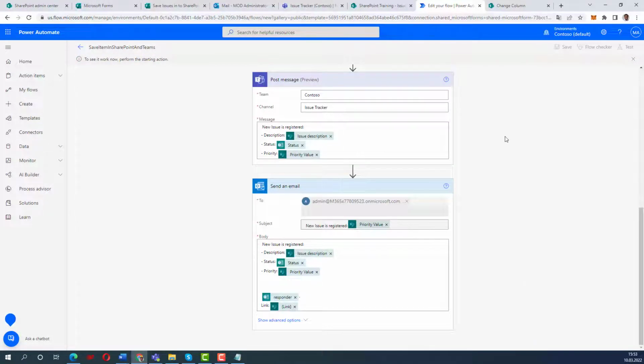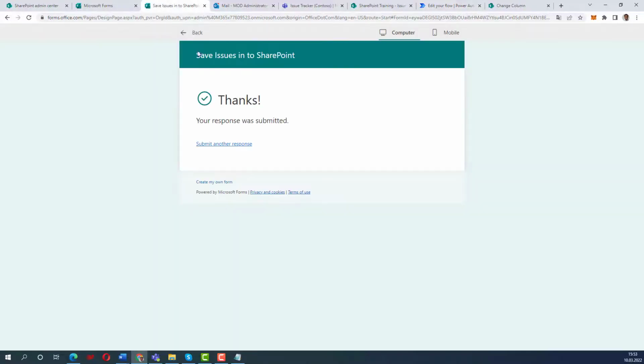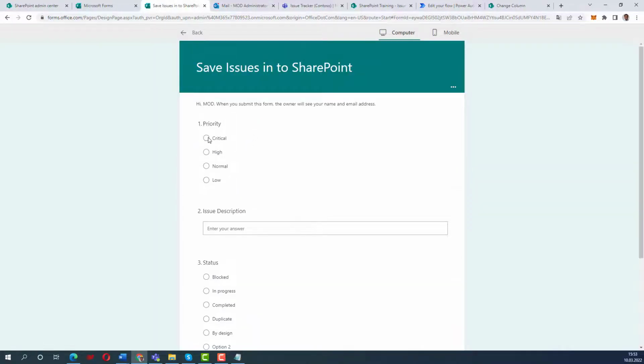Now that I want to test it manually, I say test. When I test it now, then it is waiting for us to create a new item here. So I have to submit a new response. I say critical, and then on the issue I enter here